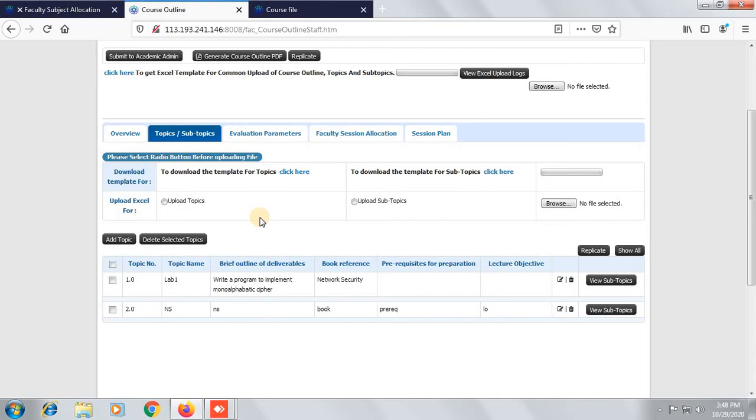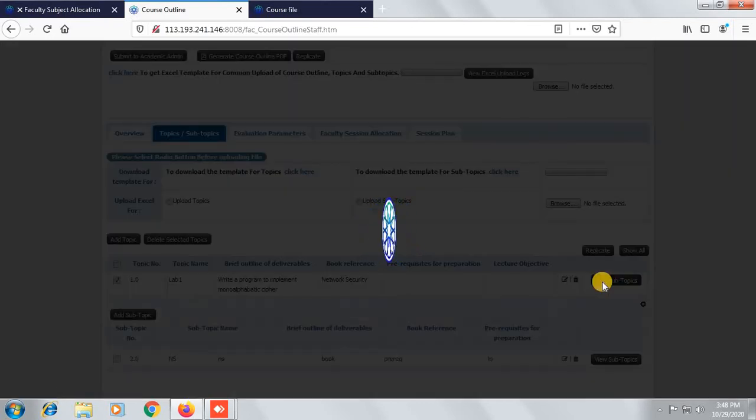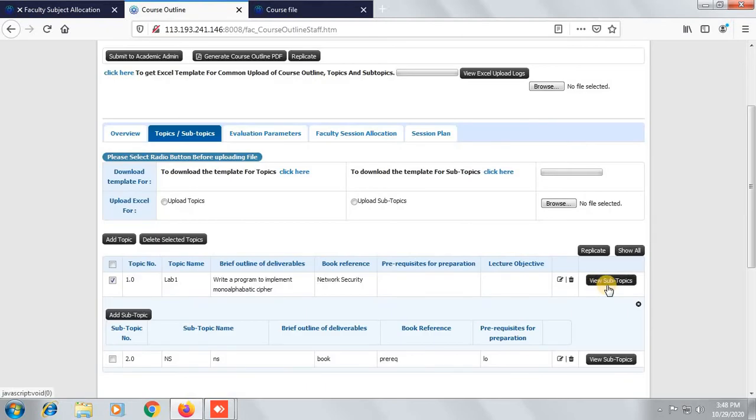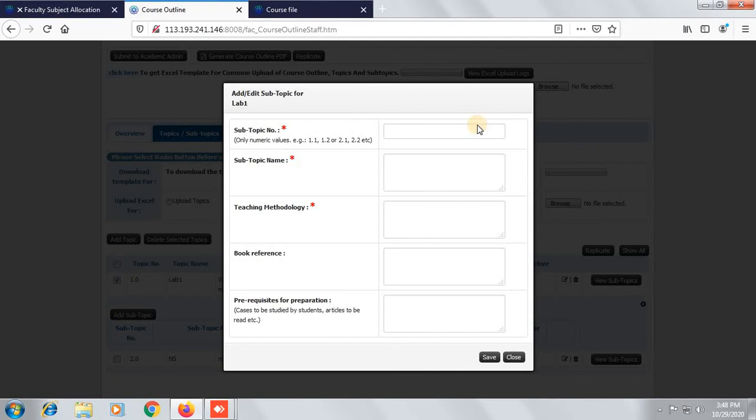If we want to insert a subtopic for topic number 1, we click here, click on view subtopics and click again on the button add subtopic. The first subtopic will be 1.1. Subtopic name will be introduction, teaching methodology. Here we can say classroom teaching, book references.